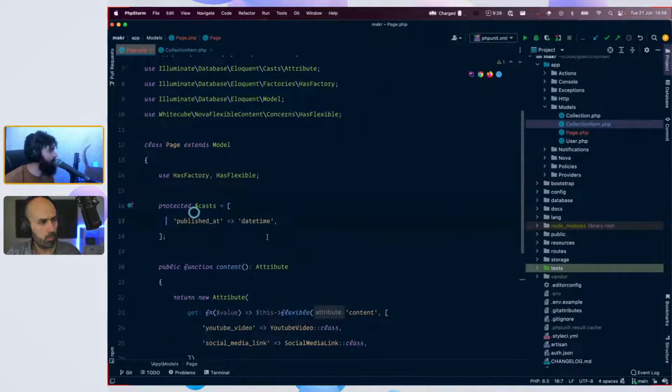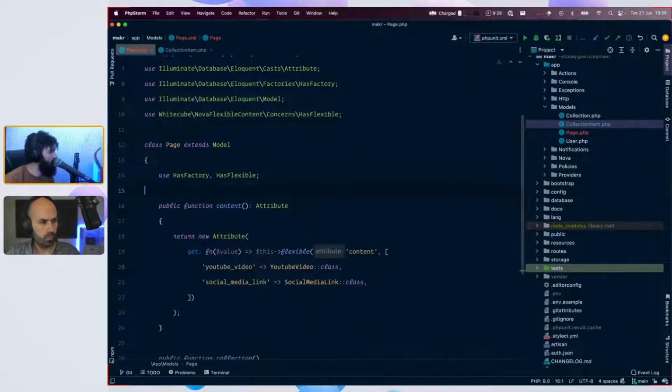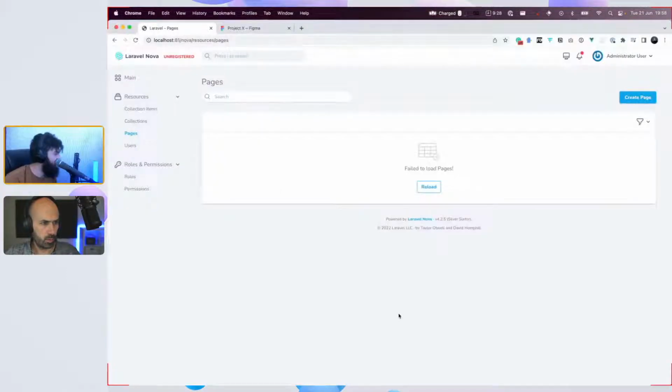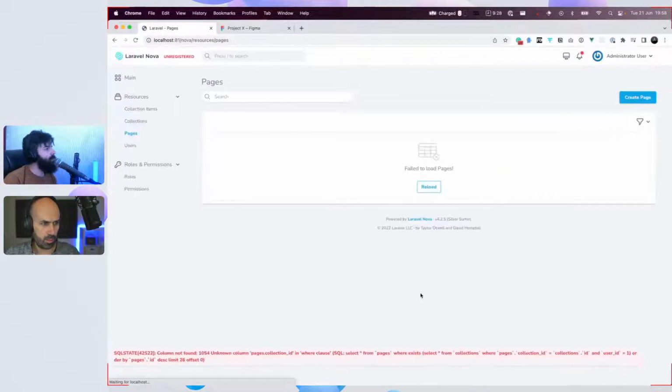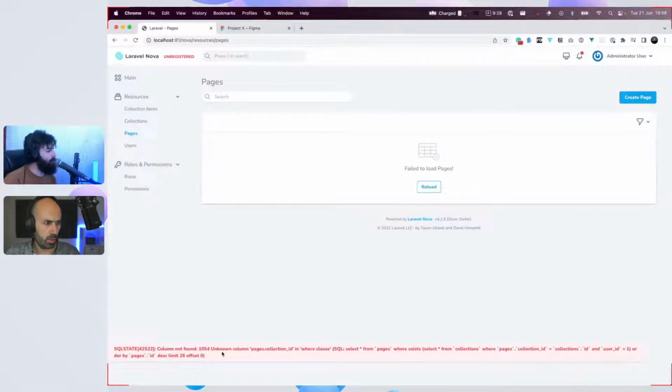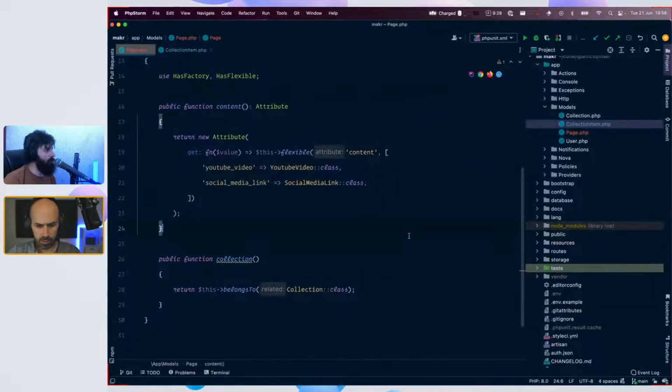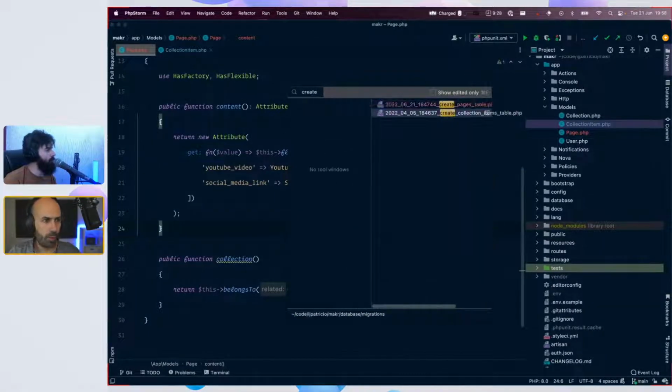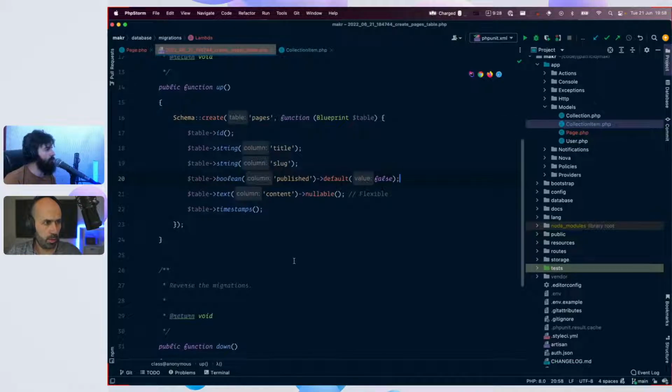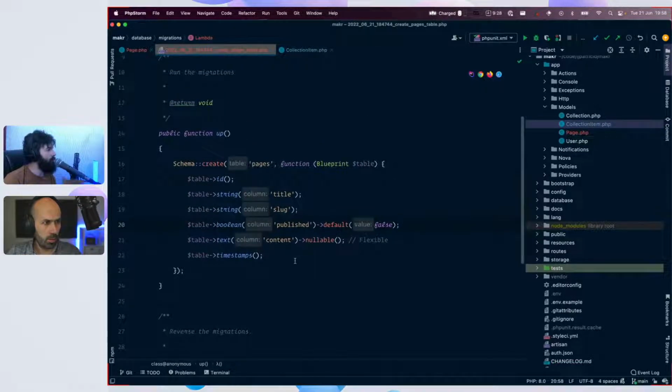Collection. That's probably not needed. Of course, there is another complaint that's not related. Let's see what it is. Collection ID. Collection ID. I think this will come related from the migration, maybe. Collection, because it's referring to. Oh, I get it. We removed it.